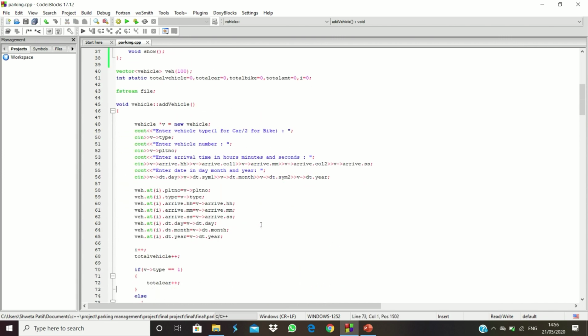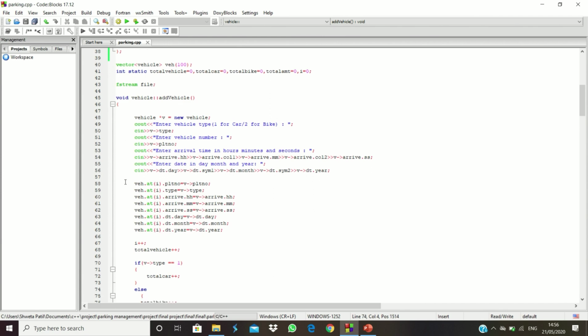Whenever any vehicle arrives, the add vehicle function will work. As the vehicle arrives, it will ask for information like its vehicle type, its vehicle number, its arrival time, its date, and we put all this information in our newly created object. After that, we put that object in our vector.